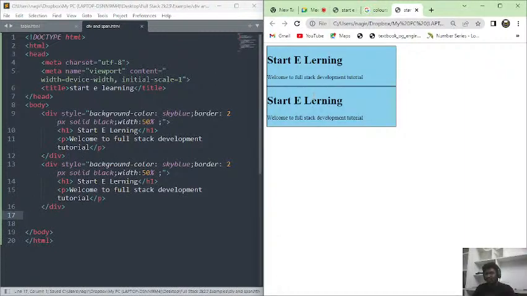So it's going to start on a new line. That's what I told you in the starting itself. These elements are going to occupy the full width, and the next one is going to start on a new line. Okay, then